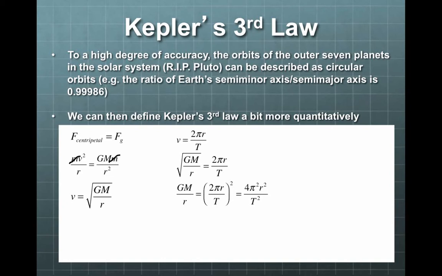And now if we multiply both sides of the equation by the radius of the orbit, and then isolate the square of the period, we see that the square of the period is directly proportional to the cube of the radius, the average radius